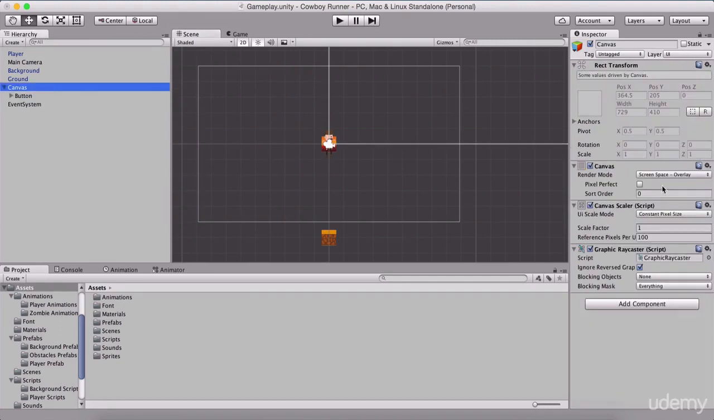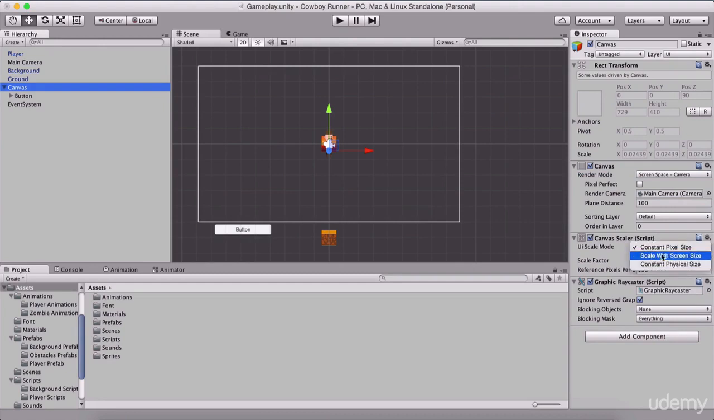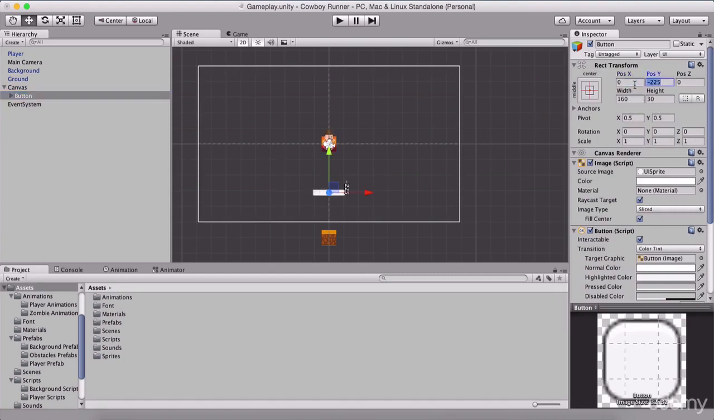But let me simply configure our canvas, and I'm going to set screen space to camera and drag the main camera here, and also set constant or scale with screen size by 1280 and 800 or 720, which is our reference resolution. And for our button, I'm going to set it at 0 0, and I'm going to rename it at jump button,